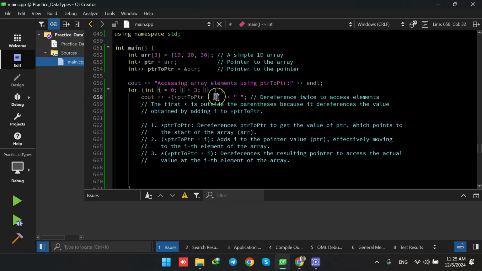It dereferences the resulting pointer to access the actual value of the ith element of the array. So when I equals 1, this line is first dereferencing the first pointer, and we are adding I. Now I equals 1, so this is pointing at the second element, and therefore the result of this parenthesis is pointing at the second element. Then we add the second star, the first star before the parenthesis here, to dereference the double pointer,